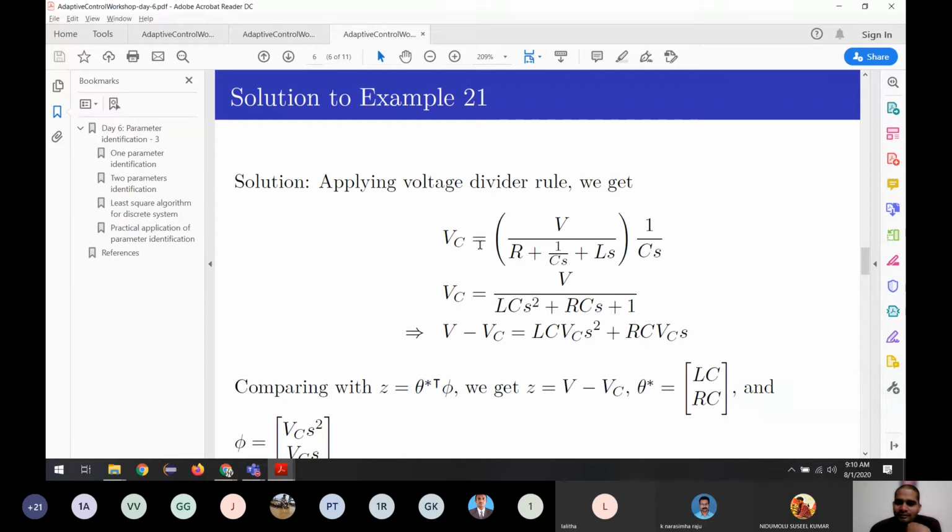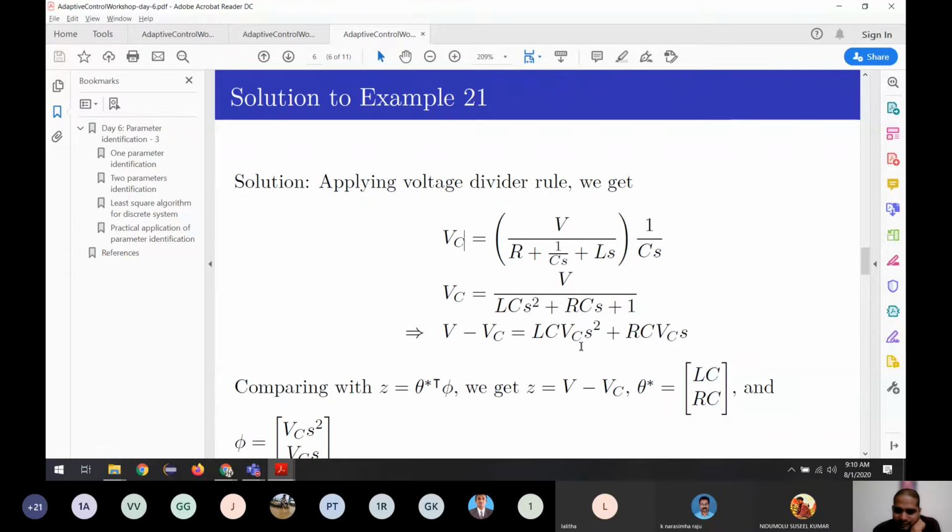So the voltage across the capacitor is given by this formula. So VC, by reorganizing, is equal to V divided by the second order system. So again, reorganizing the terms, we can say V minus VC is equal to